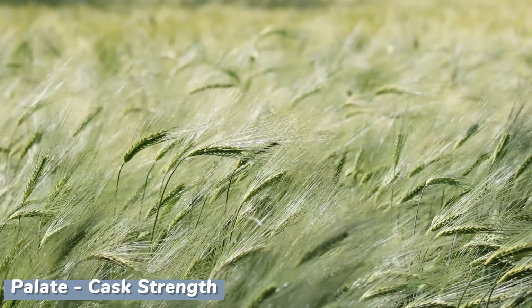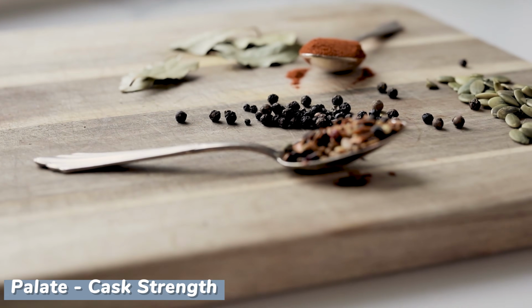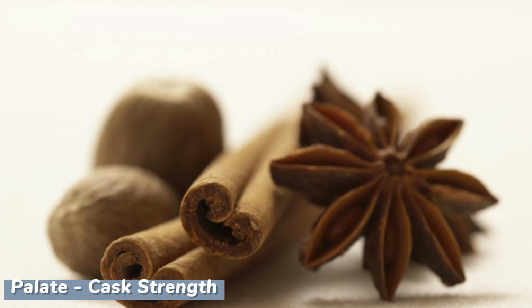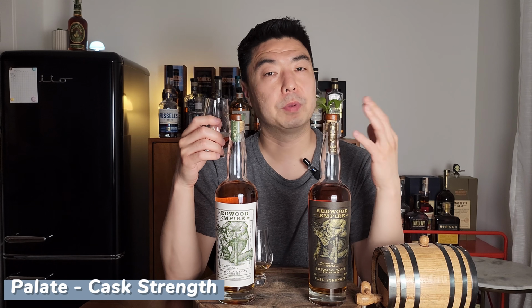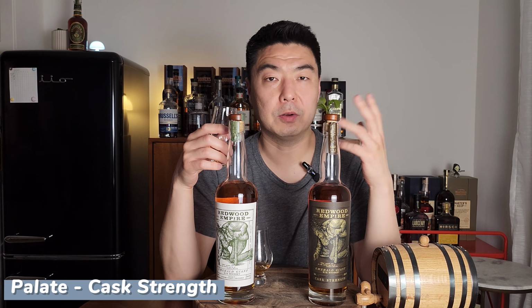And then for the palate, fire in the hole. Ooh. So on this one, I do get a lot more of the rye punch right up front. So it's like the baking spices, or the spectrum of baking spices. The cinnamon, the pepper, the nutmeg, you get it all. So it's actually, I don't want to say overwhelming at first, but you do notice it a lot. But then after that, in the second or third sip,